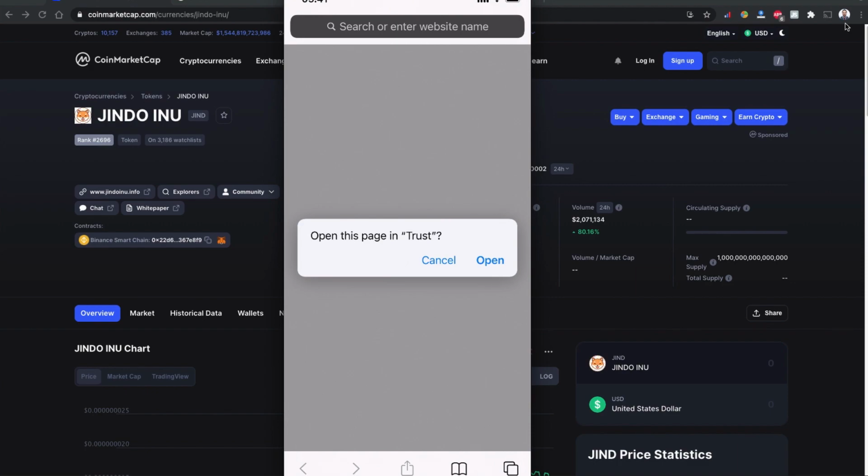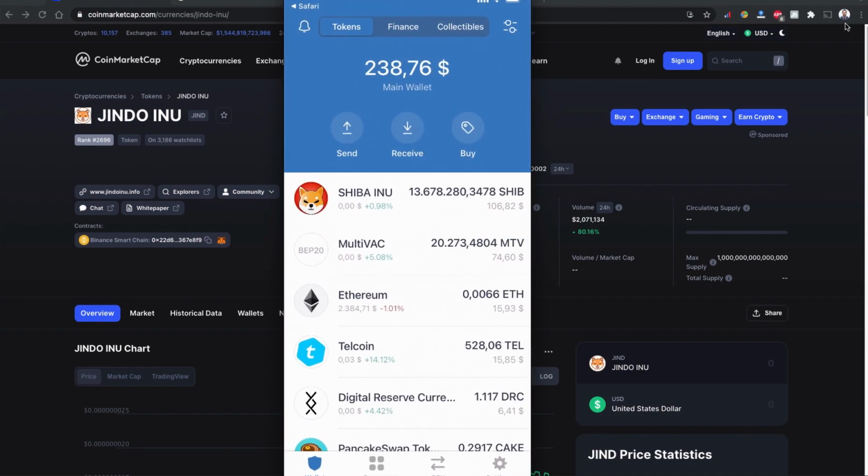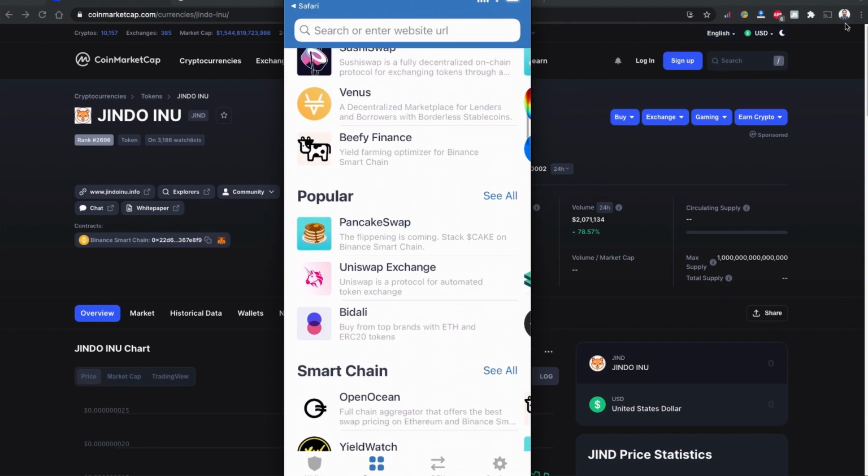Your mobile browser will ask you to open this page on Trust. Once you click to open, you will have the browser option enabled on your Trust Wallet. Please click on it and scroll down a little.